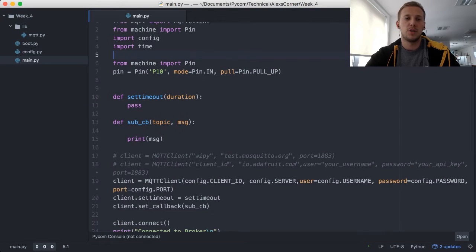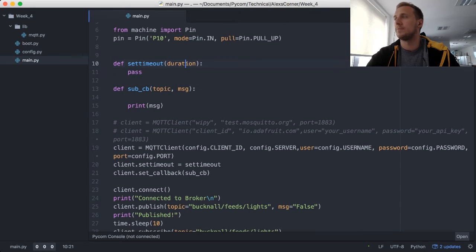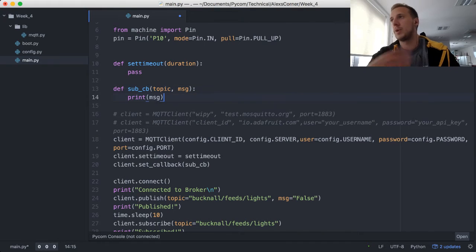So these two parameters, the set timeout is just to say how long the MQTT client will try to connect to the server before failing. And then we have a callback, which is set to say if a message appears on the topic, then